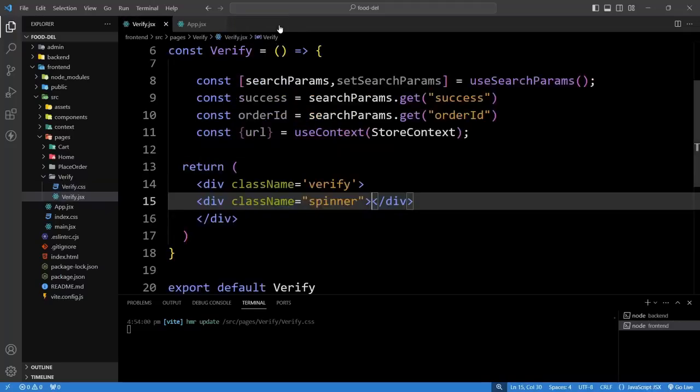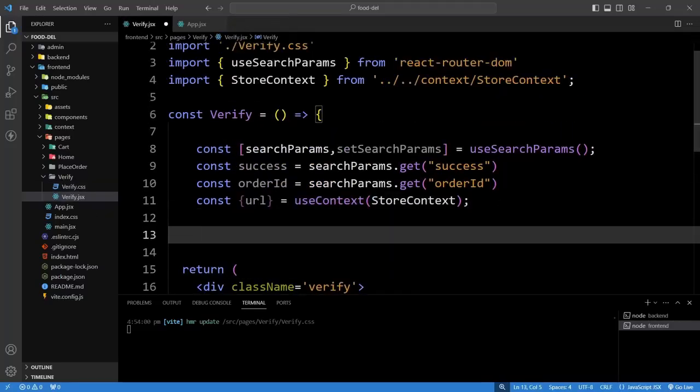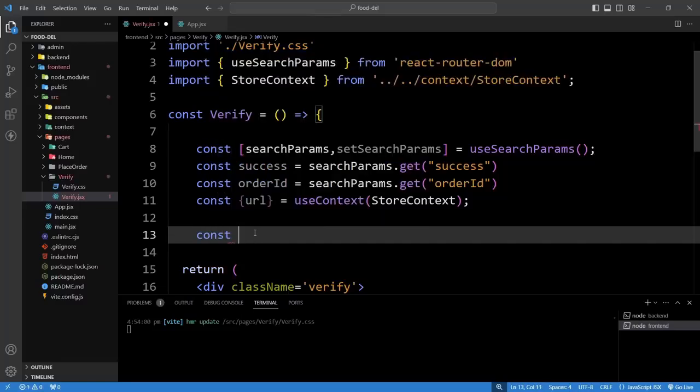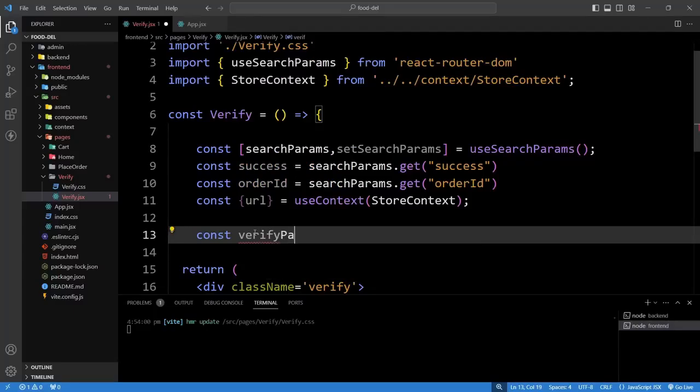Now let's close this CSS file, and here we will create one arrow function and the name will be verifyPayment. So just add const verifyPayment, and this will be one asynchronous arrow function. So just add async,